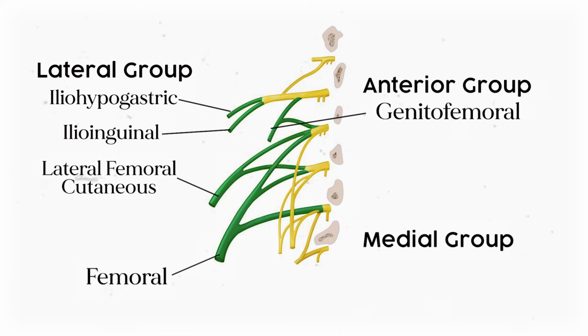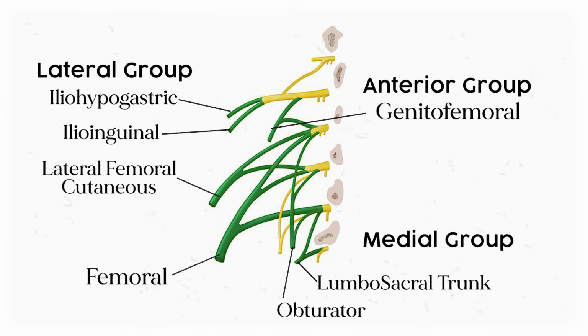Moving on, we already labeled the anterior group, which was just the genitofemoral nerve, so that one's easy. Finally, the medial chunk is everything down here that pokes downward. I remember the obturator because it's literally pointing towards an O in the pelvis, and I remember the lumbosacral trunk because it's our anatomical bridge to the next plexus. Then the accessory obturator nerve is only sometimes present, so after the process of elimination, you've got a fully labeled